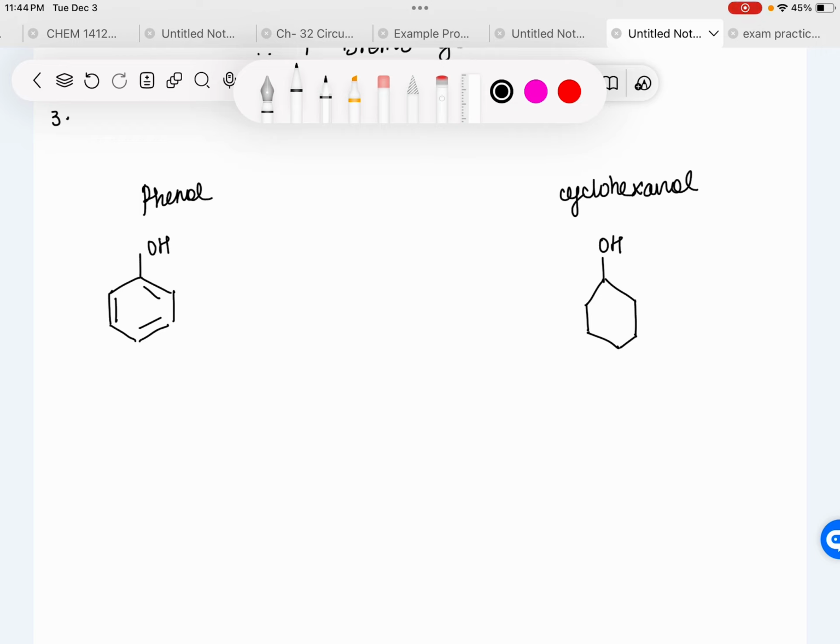When both lose a hydrogen, we see that phenyl is more stable,